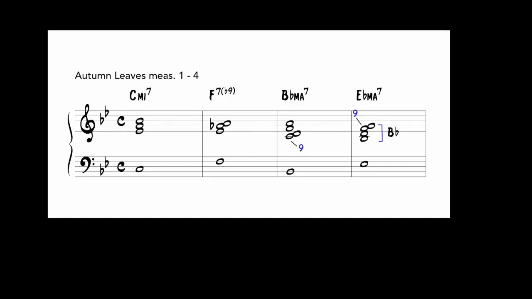So this bass note takes the point of rest, which we normally would have, and adds some tension to it to make us expect something to follow it. And of course we know what follows it. What follows it is A minor 7 flat 5, to D 7 flat 9, to G minor, major 7 if you like, G minor 6. So the whole thing, first 8 measures of Autumn Leaves are going to be